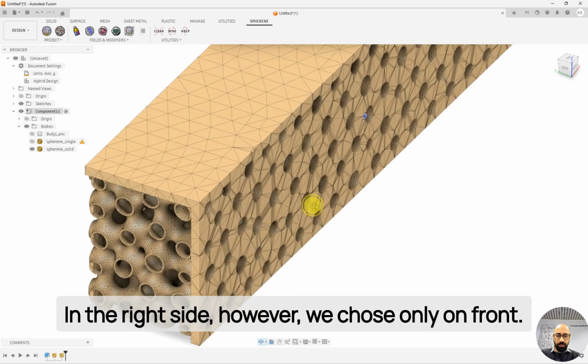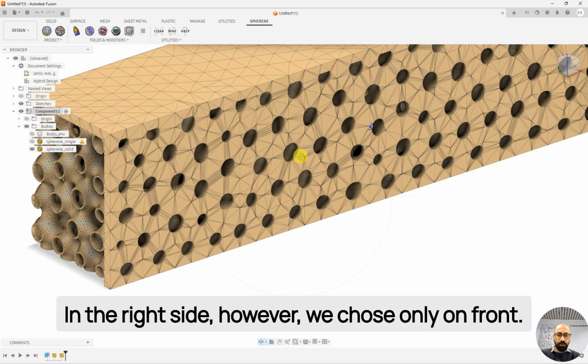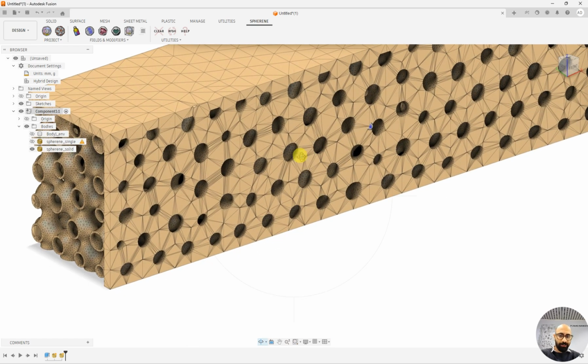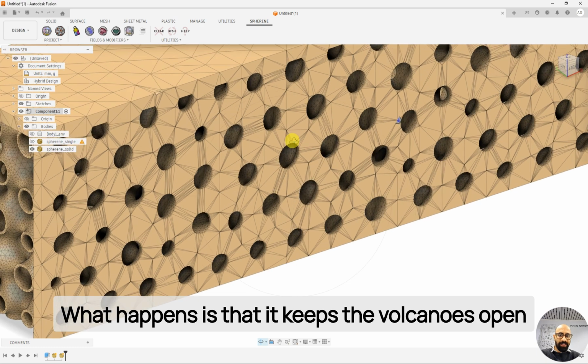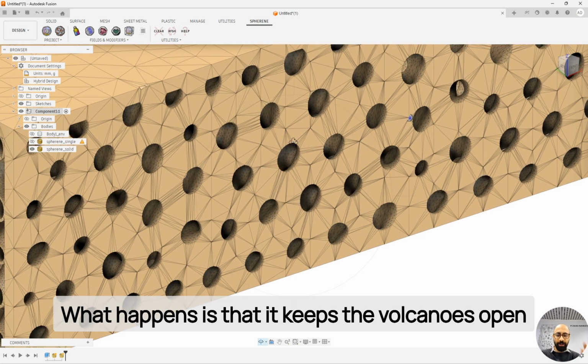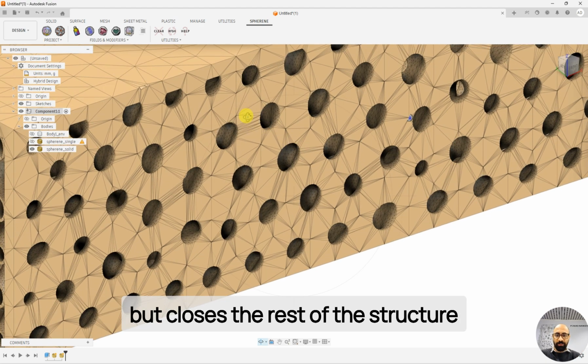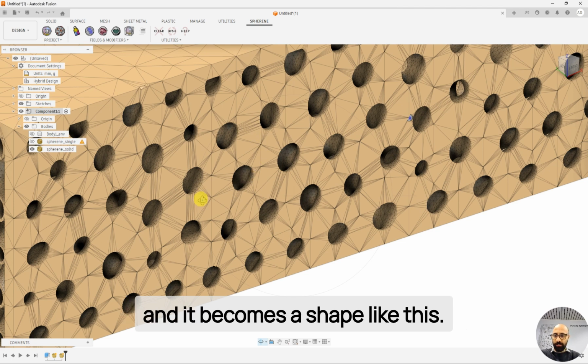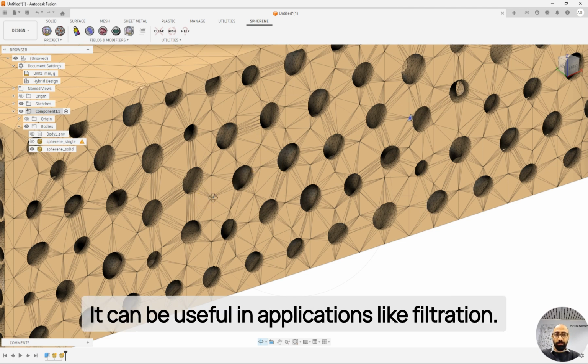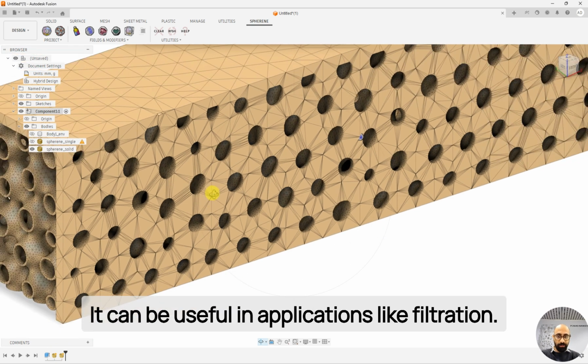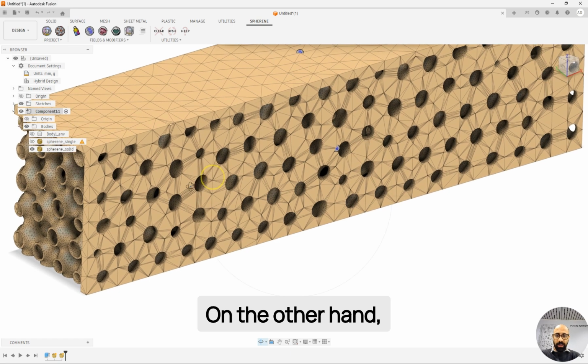On the right side, however, we chose only on front. What happens is that it keeps the volcanoes open but closes the rest of the structure, and it becomes a shape like this. It can be useful in applications like filtration. On the other hand,